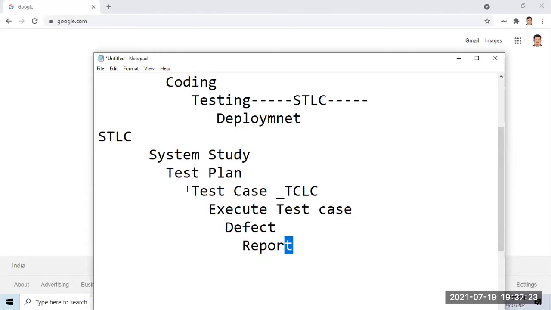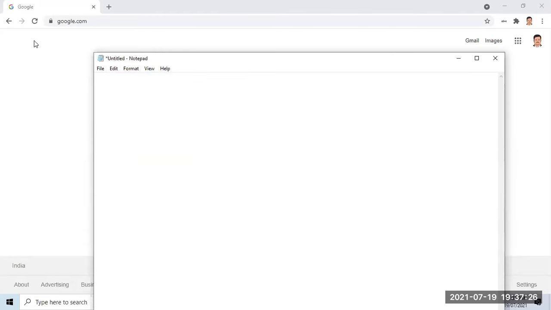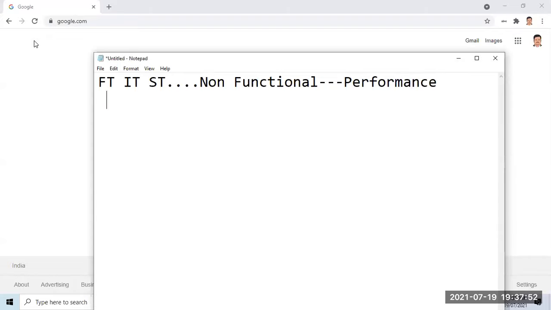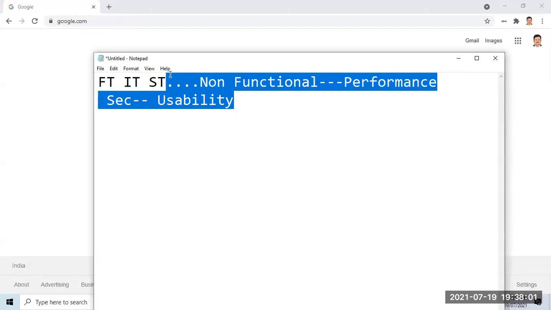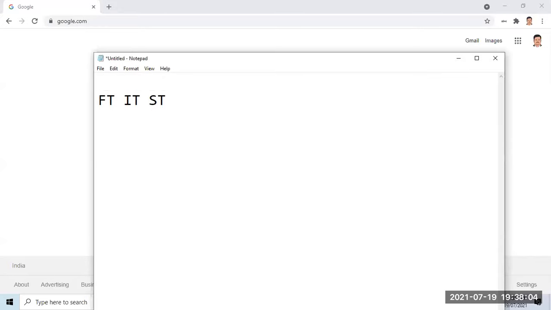Fine. Now, when we say write test cases, we write different types of test cases. Am I right? Functional test cases, integration test cases, system test cases, like this we write. Besides functional test cases, non-functional test cases we also write. Can you give me an example of non-functional testing? Performance testing. Security. Very good. Load. Can I say usability? Yes. Like this, so many things are there. I'm not concentrating on it. I'm concentrating only on functional testing, where we have different types.